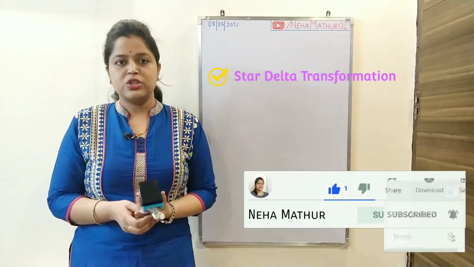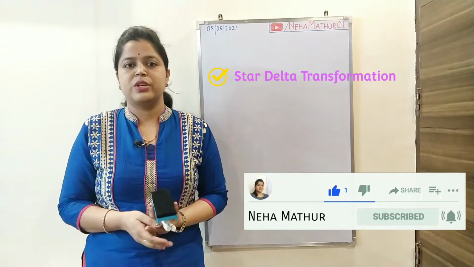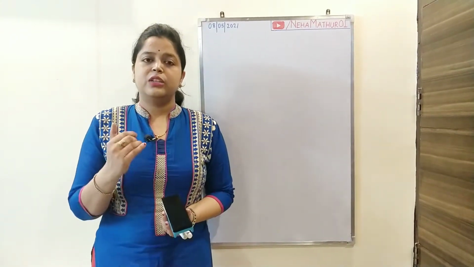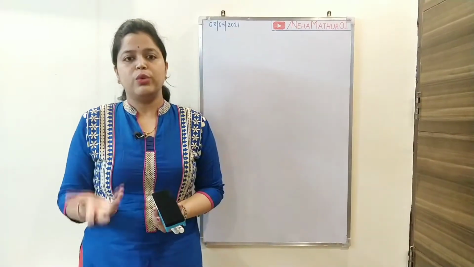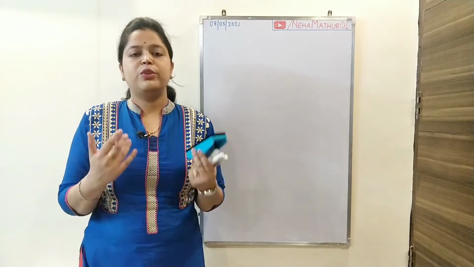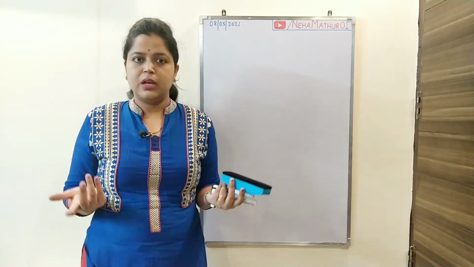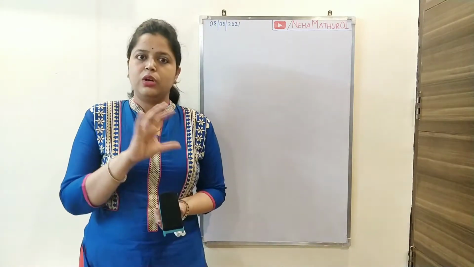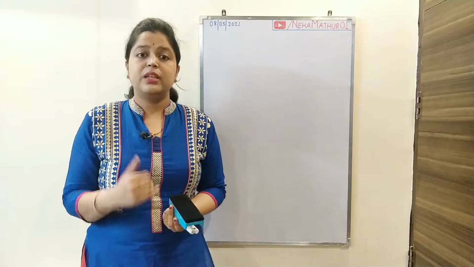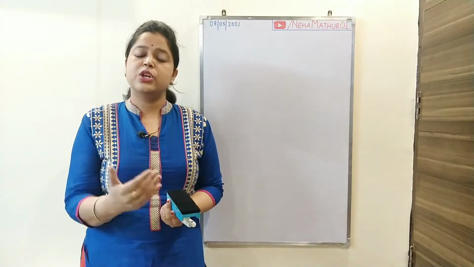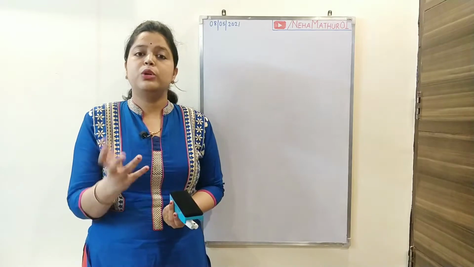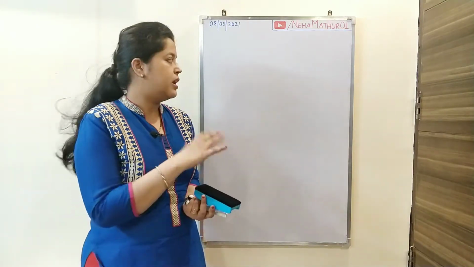Fine. So our today's topic is star delta transformation. See, if you have a circuit and your task is to find the current or voltage across any branch of the circuit, in that case you will have to apply one of the relevant theorems to find the current or voltage across it. But with the application of the particular theorem, the second important thing is that sometimes we are not able to find the R equivalent for the relevant circuit.